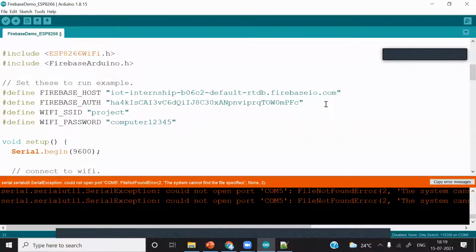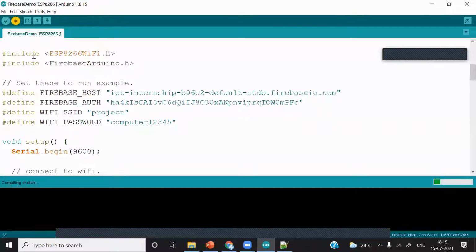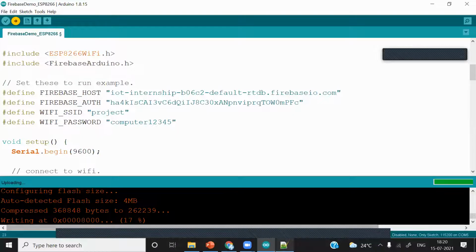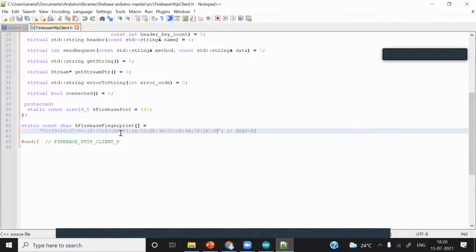I forgot to connect the ESP8266. We have changed the original updated version of the fingerprint to something else. We just changed some characters at the end.